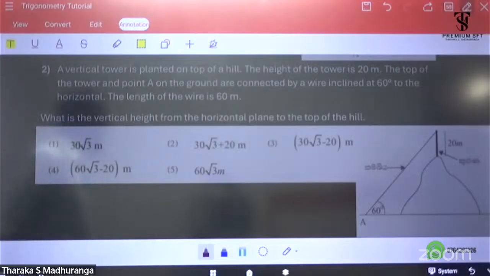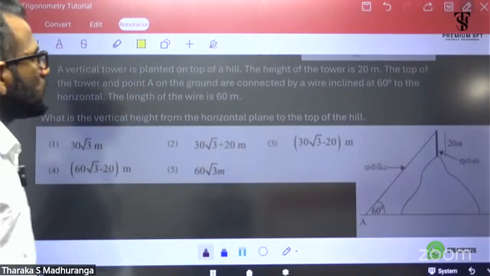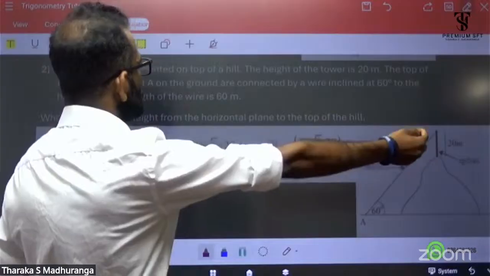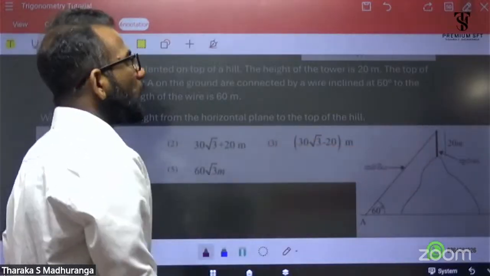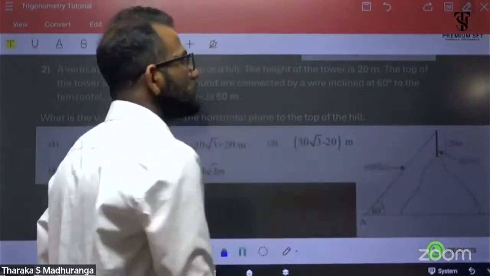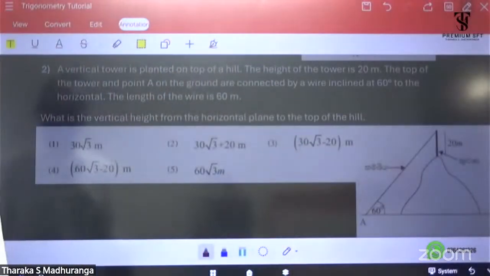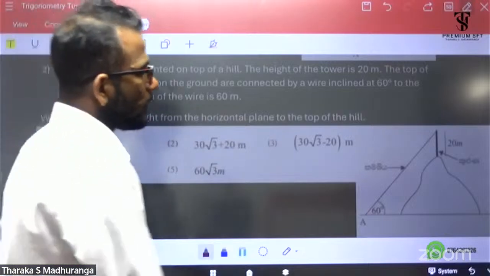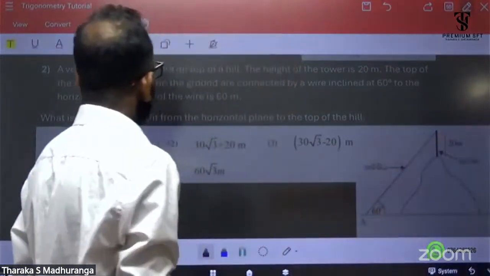Okay, this one. A vertical tower is planned on top of a hill. The height of the tower is 20 meters. The top of the tower and point A, this is point A,